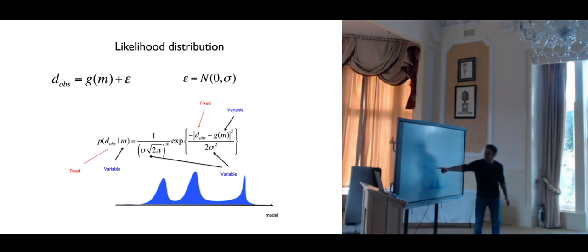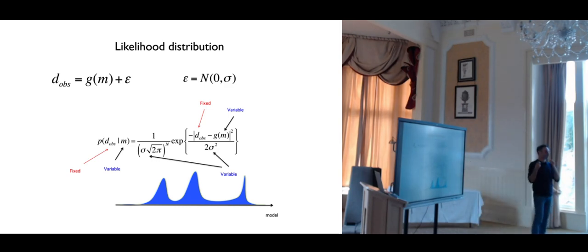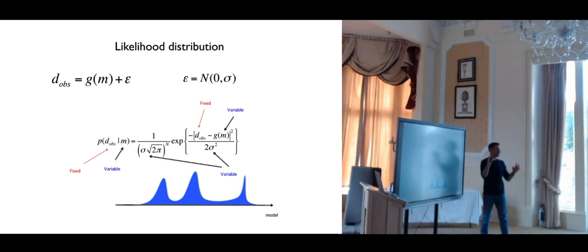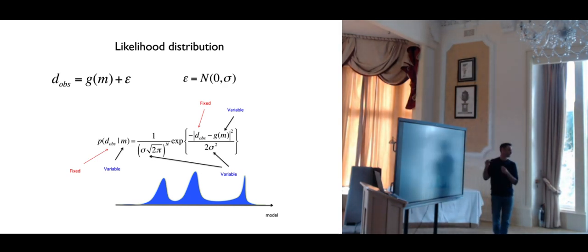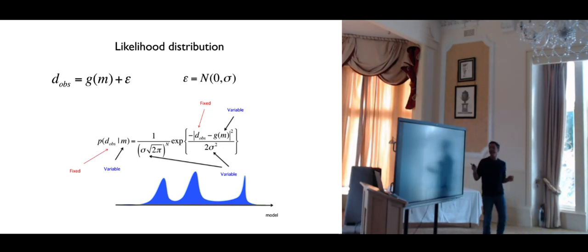And you see that because it normalizes this function here, it's also going to be a weight that is given to this particular data set. And now, if we invert different data sets, and we don't know which weight we should give to these different data sets, this sigma is actually the weight that is given to different data sets. And so by inverting for sigma, we will let the data tell us what's the relative weight that we should give to different data sets. And I will come to that later.